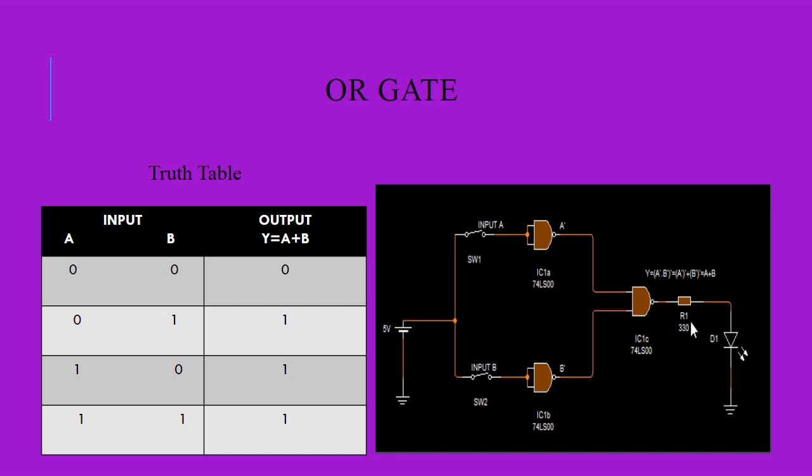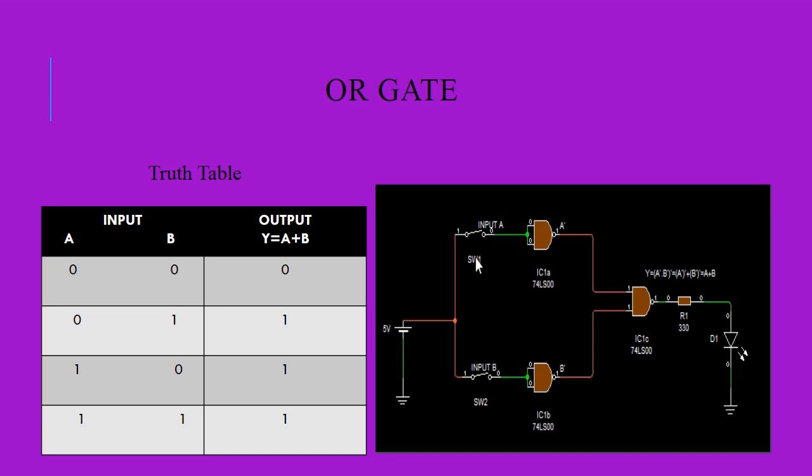This is a 330 ohm resistor which is connected with this output terminal. From here we get the output. Here we connect an output device, that is a light emitting diode. The P side is connected through a 330 ohm resistor. To protect the LED display we connect this resistor here, and the negative potential of this LED diode is connected with the ground terminal. Okay, so first we saw the first condition of the truth table.